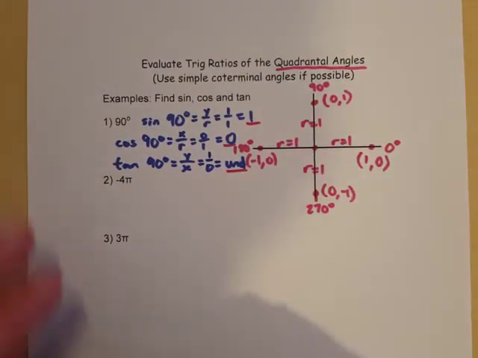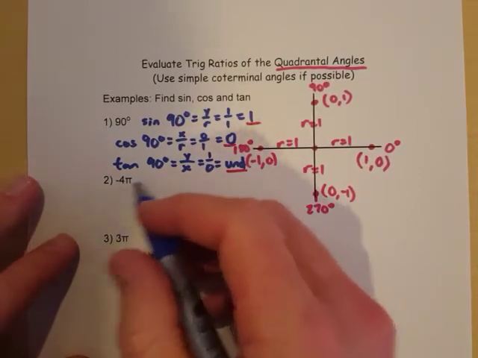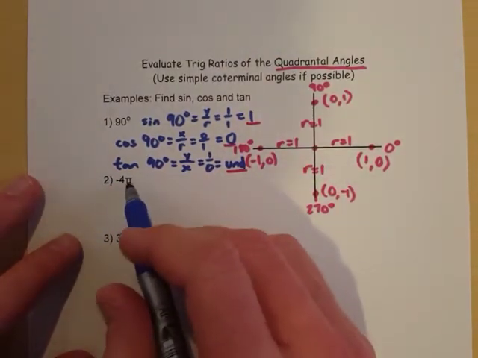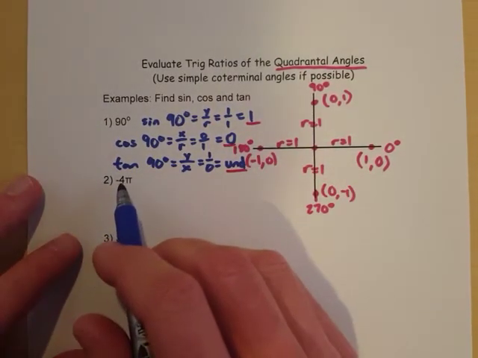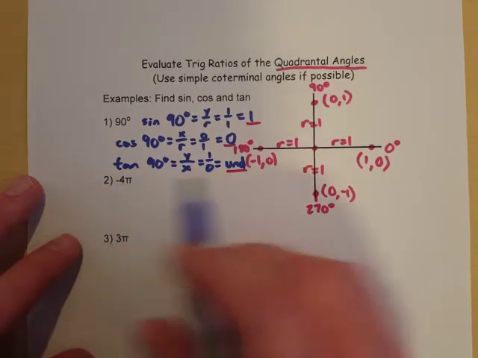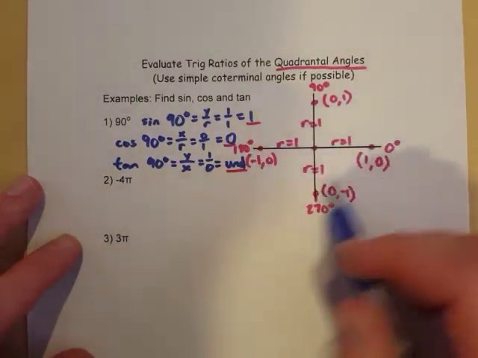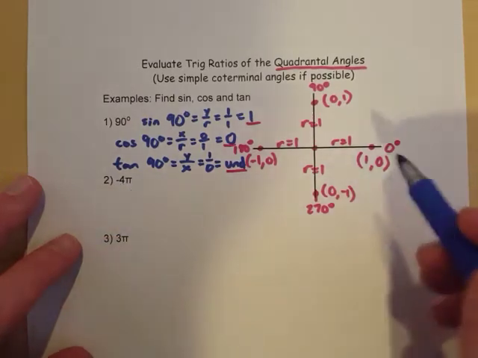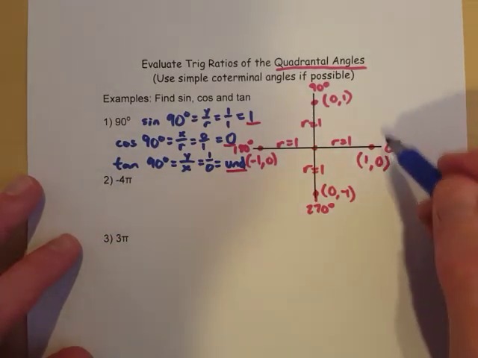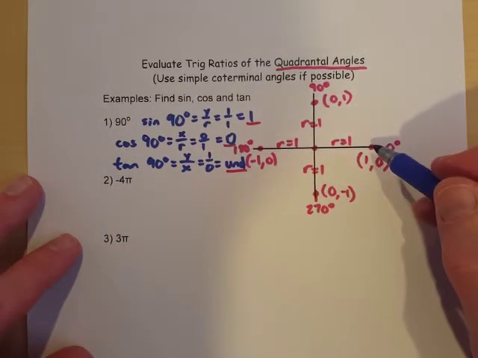Next up is negative 4 pi. Might need a little bit of space to do this. Keep in mind that this is not an angle right now that we can identify on this circle. This is weird. So remembering that 2 pi is one full turn around counterclockwise,